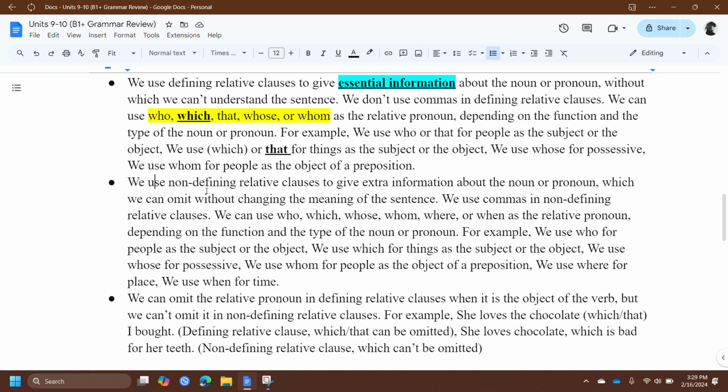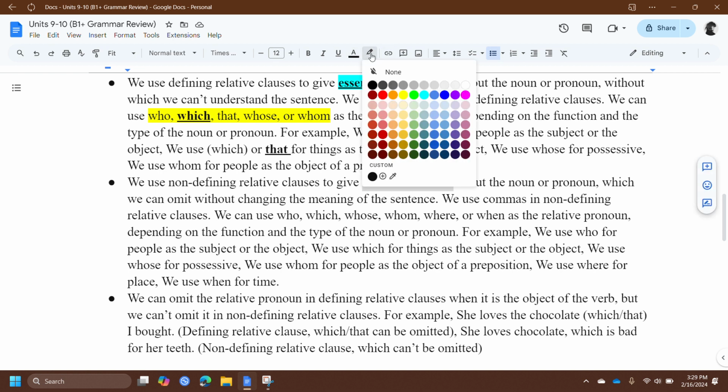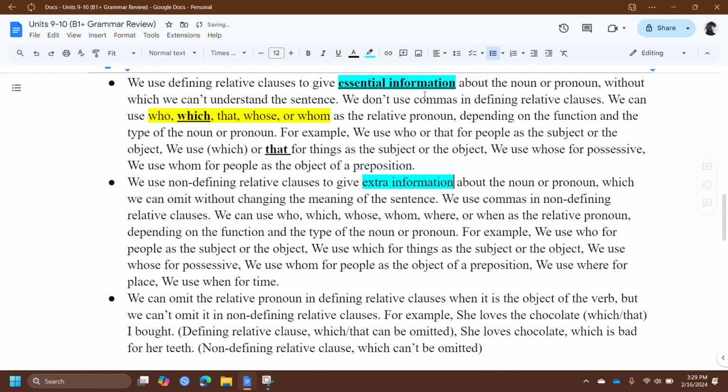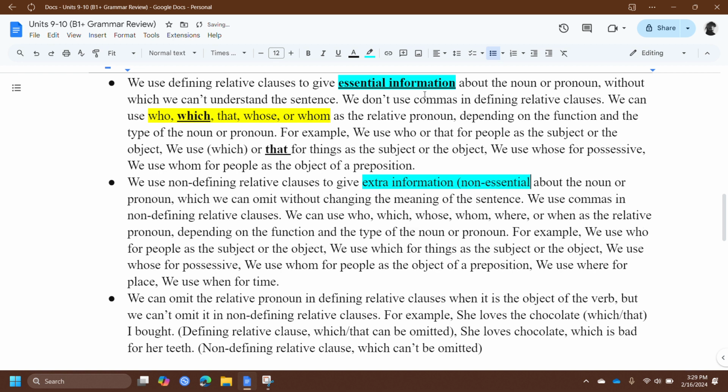We use non-defining. Okay, so now it's what? Non-defining. We use non-defining relative clauses to give extra information, and in here, guys, be careful that this extra information is also going to be called non-essential. Non-essential information about the noun or pronoun, which we can omit without changing the meaning of the sentence, hence the name non-essential. We use commas in non-defining relative clauses, by the way,